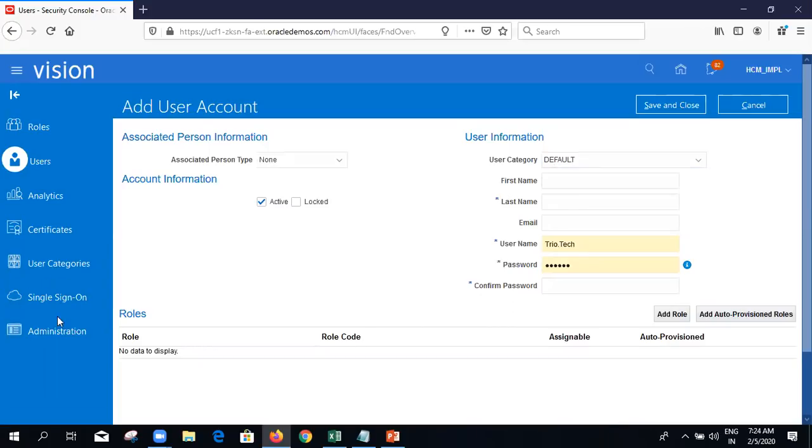And then single sign-on functionality and administrative. Single sign-on is not related to our particular part. This is something technical, where SSO, what kind of VPN we can include, that kind of thing. We are not going to see these aspects. So user creation and then user categories. And the roles, as I told, we will see once we take up the security classes: how to create custom roles, and how to add the security profiles to those roles.